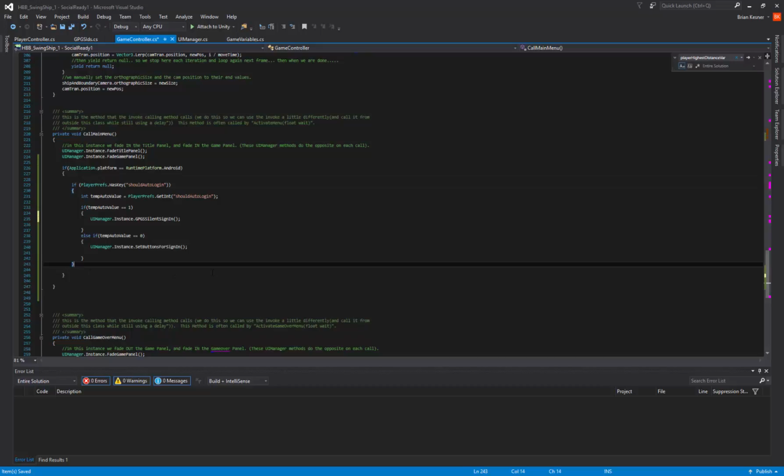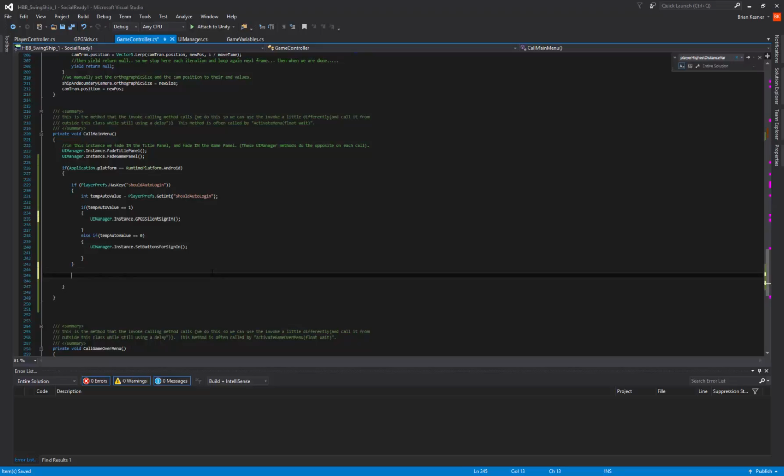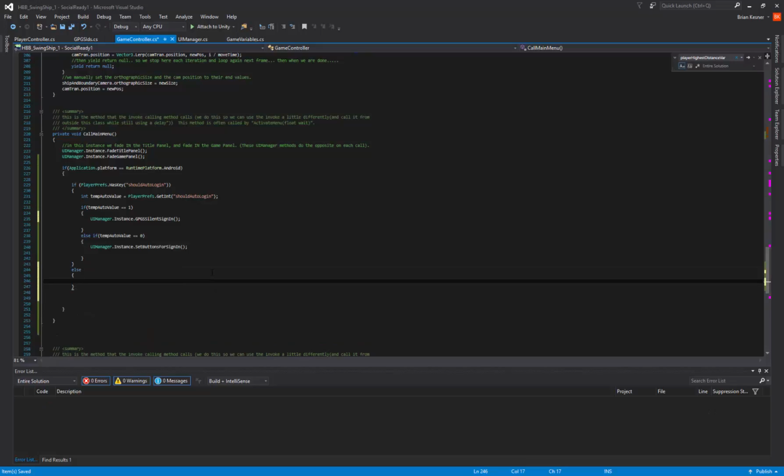So, we'll do else. If there's no key, we'll go ahead and set it to 0, because this would be what would happen the first time they would log in. We don't want it to auto sign in, so it will become 0 at the end. And then this will never come up again as long as this key exists, which it should, unless they remove all the player prefs, in which case it would start the whole logic and writing the values over, and it would still be in the desirable state. They log in the first time, and then it's auto. So we do else, the value equals 0,